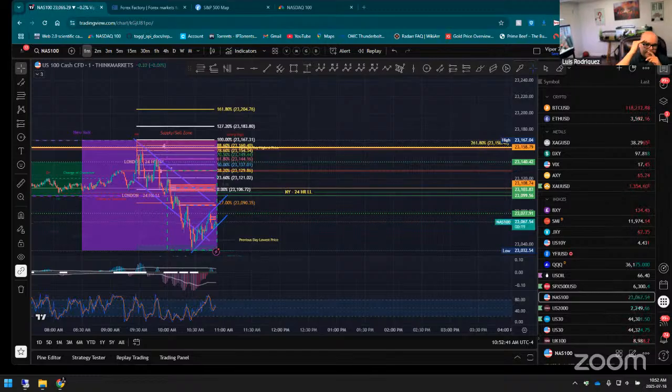It's in the middle point of two key elements, two key imbalances. So it's trying to make people believe that it's going to go to one or the other. But what makes the most sense is that because the market is pushing to the upside, it would clear first whatever is on the top. And that's what it's doing right now. The market is moving up. So imagine you're thinking, yes, it's gonna come down, because it's doing the movement that they want you to believe. But at the end, that's not what it's supposed to do.